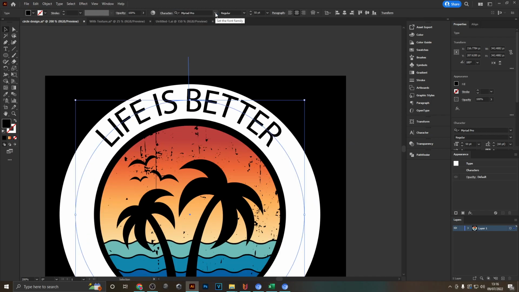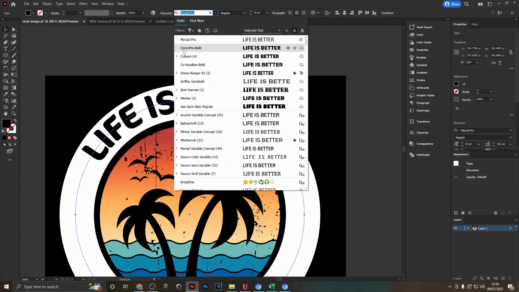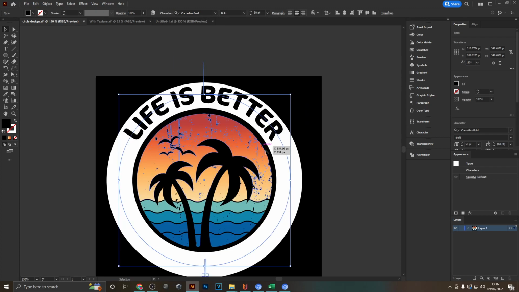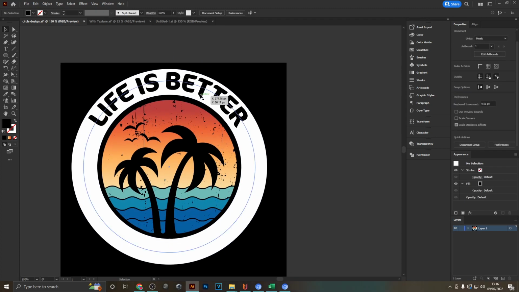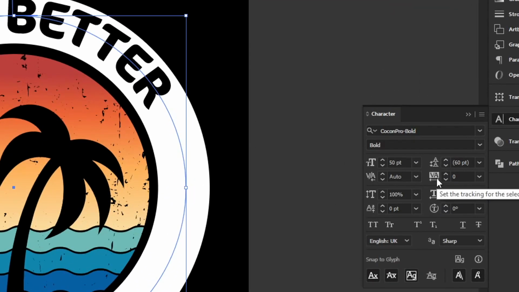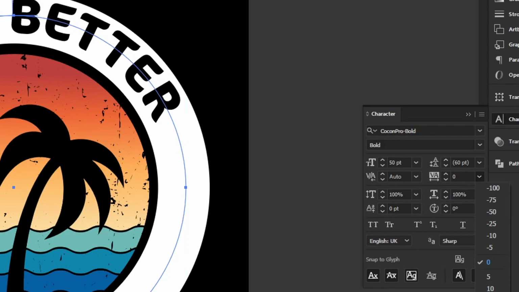our white circle. And I'm going to change the font as well to Cocoon Pro, which is, I believe, an Adobe font. Suits this beach theme quite nicely in my opinion. One thing you definitely want to do if your text is arched on a circle like this is turn up the tracking, which you can find in your character window. It's this option right here with the VA letters. If you turn this up to say 50 for example, then your letters don't look so squished and are a